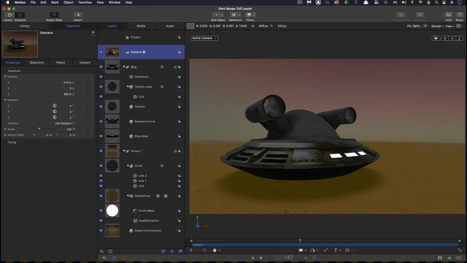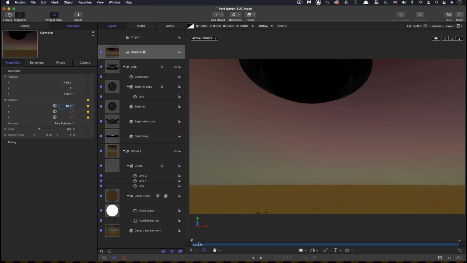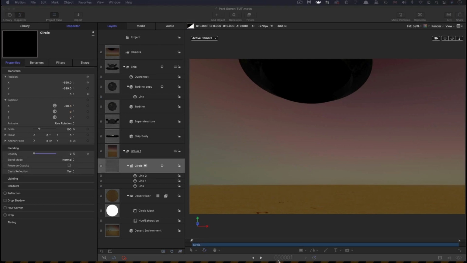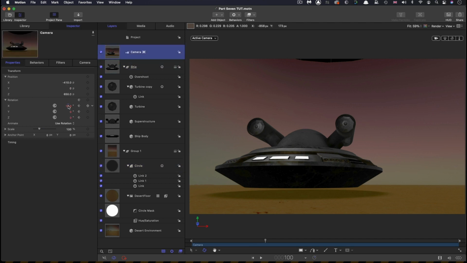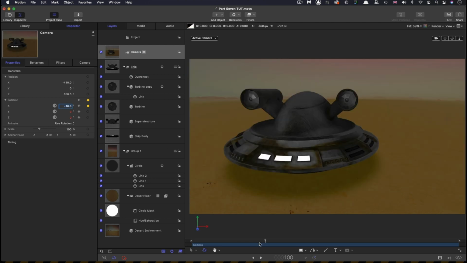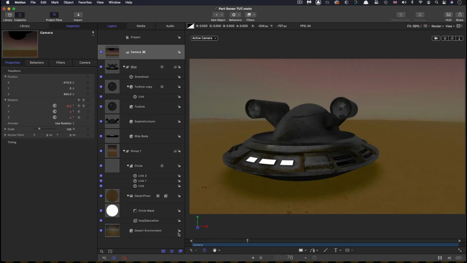So let's come back to the camera and do a little bit more work on this. Let's come to the first frame. Let's keyframe all the rotation values. And I'm going to set the X rotation to 16. So we're looking up as the ship comes down. Then let's come forward to frame 100. And I want us to be coming down with the camera here. So let's set the X rotation to negative 16. So now we're actually looking down like so. So ship comes down, we pan down with it,